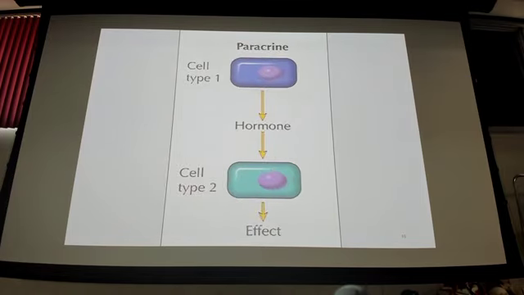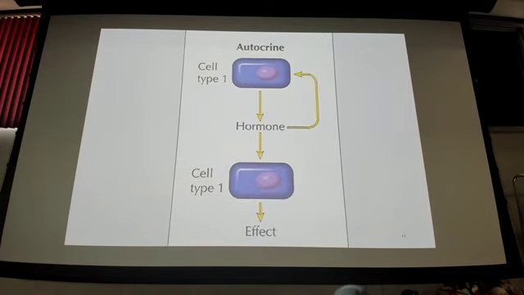Paracrine cells, again, within the stomach. One type of cell in the stomach, a goblet cell, works on another type of cell in the stomach or in the first part of the small intestine, right? Locally acting, paracrine, next door. And autocrine, same, right? It's either going to work on itself or it's going to work on the exact same type of cell, right? A lot faster in action, a lot shorter in duration than endocrine. Very similar to neurotransmitters, but again, different. We going okay? Too fast? Or we good? All right.